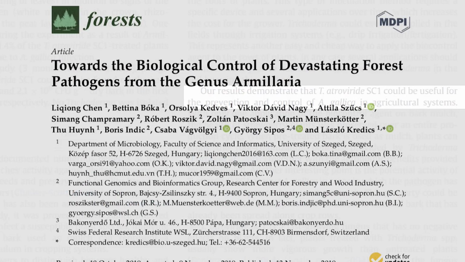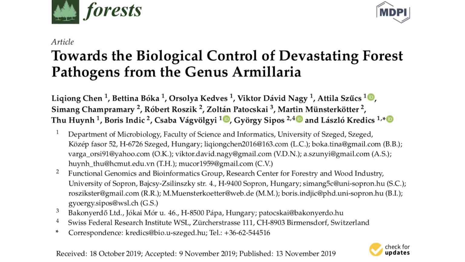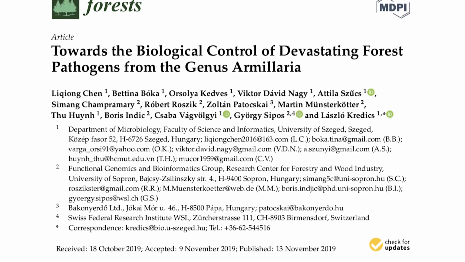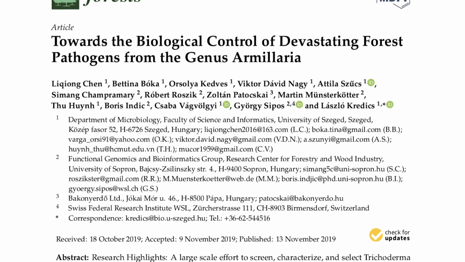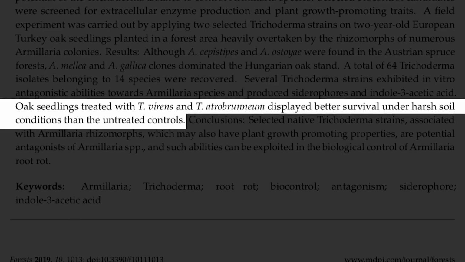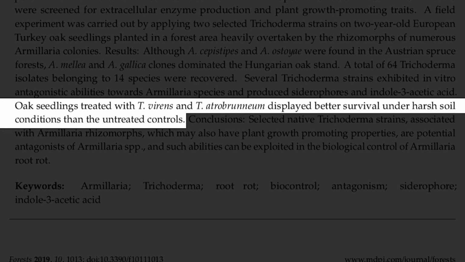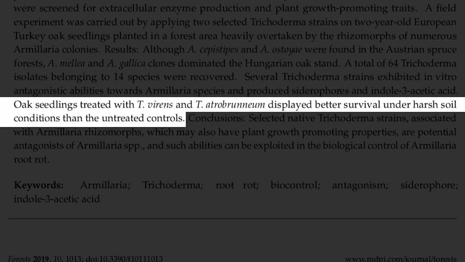And in one of the most recent studies on the anti-Armillaria effects of Trichoderma, researchers performed a field experiment in an area that was heavily infested with Armillaria fungi. The researchers applied Trichoderma species to turkey oak seedlings as a root treatment before planting them. And after 6 months, the oak seedlings that were pre-treated with Trichoderma had better survival rates compared to the seedlings that were not treated with Trichoderma. So Trichoderma seems to be a pretty good answer to Blair's question, as this is a fungus that attacks Armillaria, but supposedly not the host plant, potentially helping to resolve the problem.